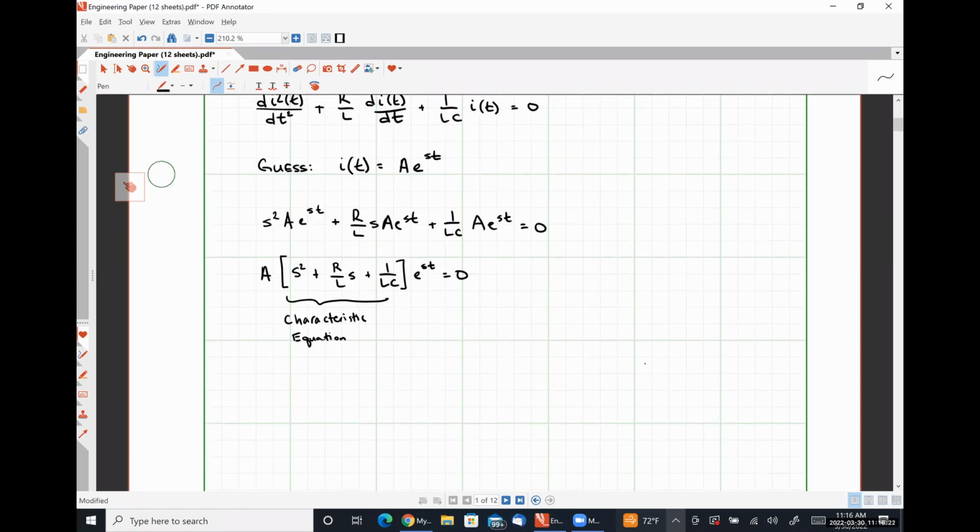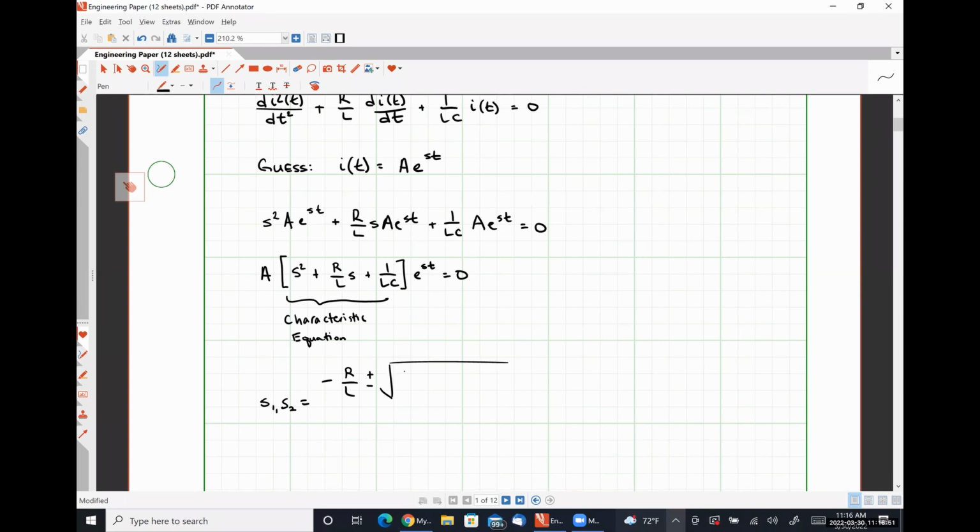So using the quadratic equation, we're obviously going to have two solutions since this is a second order polynomial. We're going to have negative b, where b here is the coefficient of the s term. So that's negative R over L, plus or minus the square root of